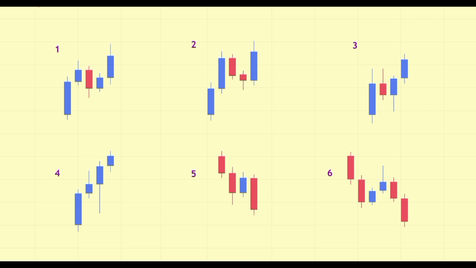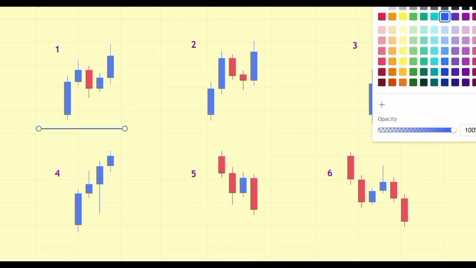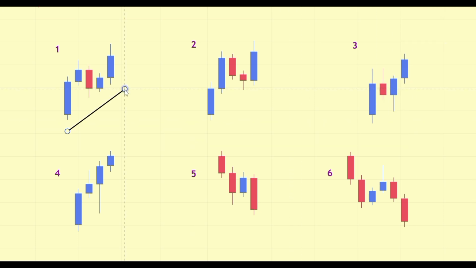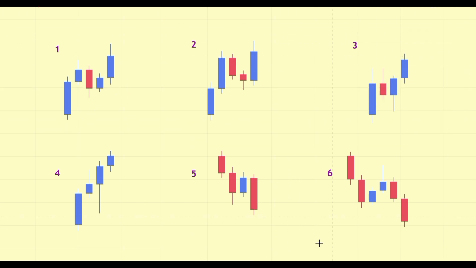Considering these 6 scenarios, let's identify the valid pullback and the invalid pullback. Starting with scenario 1, we can clearly see that it is a bullish scenario. To validate a pullback in a bullish scenario, we need to see a break past the previous candle low, either by a wick or a candle close. It doesn't matter. In scenario 1, we can clearly see that price broke past the highest